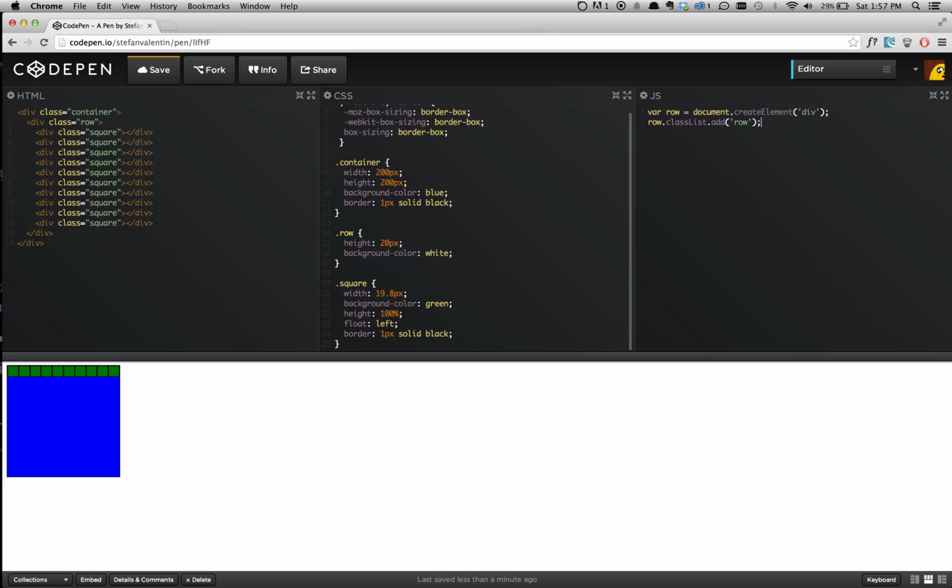is an API for adding and removing and checking what classes an element has. It's a newer thing. I don't think it's supported before like IE9 and that sort of thing, but it's dope and you should use it. It's pretty easy to read. Row dot, okay, the classList of row, I want to add class row. Cool. So now we have a div